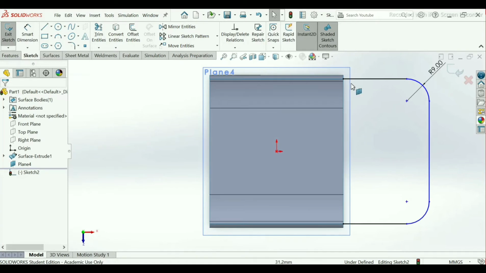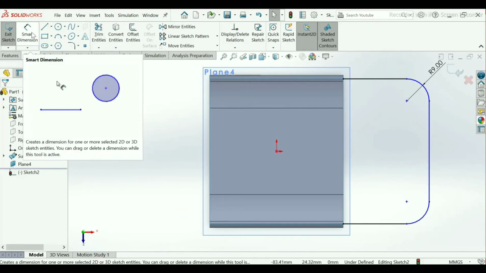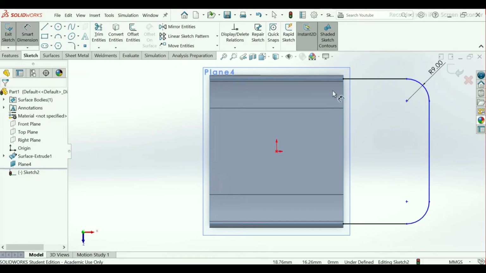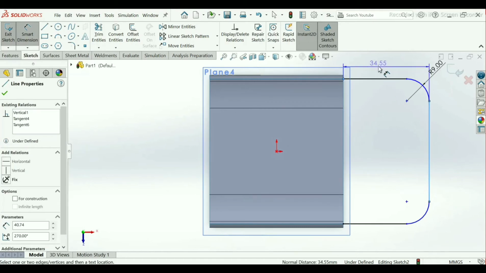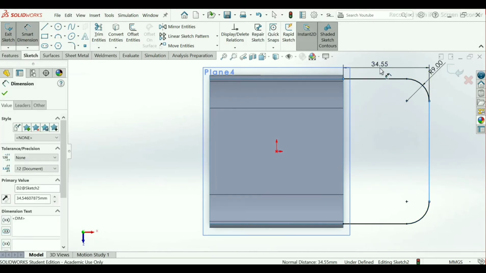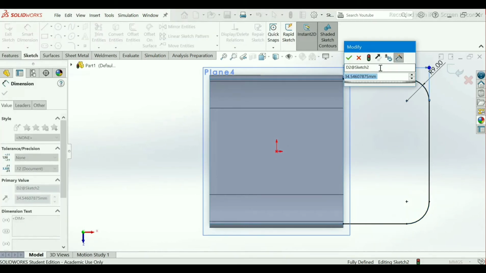Now here we have to give some distance. So I will go to smart dimension. Select this point and this line. Now take here 112 mm, 0.06 divided by 2.